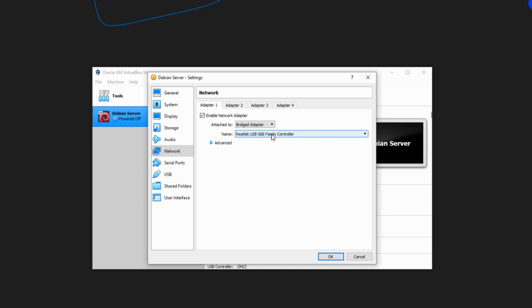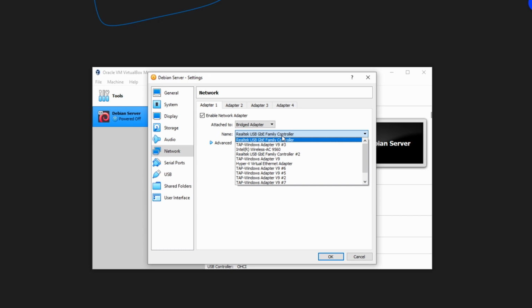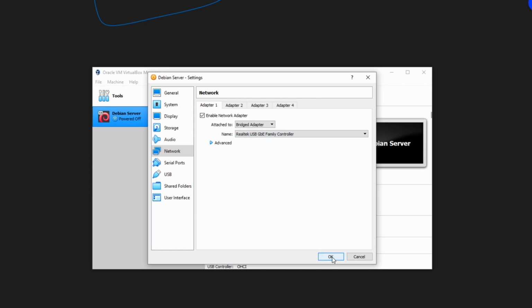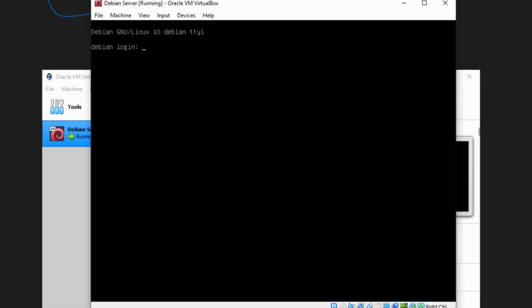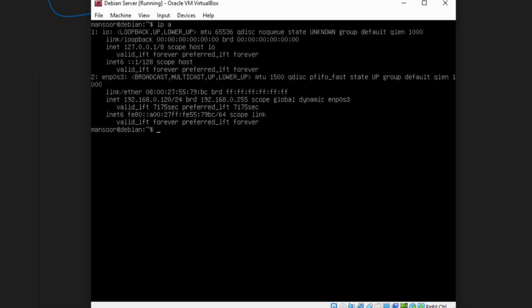Here, I have an Ethernet connection connected to my laptop, so I'm going to use this Realtek USB family controller, which is the Ethernet cable. But if you are connected to Wi-Fi, you should choose the network adapter that corresponds to your Wi-Fi and press OK. So now let's start the VM again. Again, the username. So I'm logged in again. The command ip a is used to show all the network interfaces. Here, as you can see, it now has an IP address in the same network as my host machine,